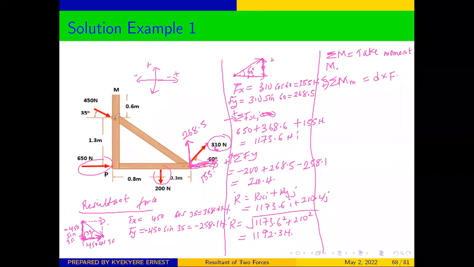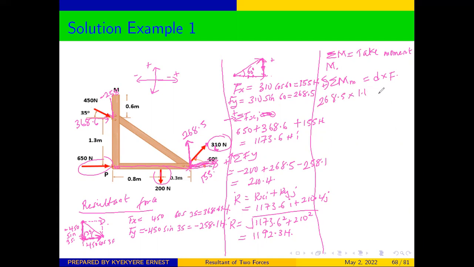So for this side, we have the y component coming down like this, and then we have the s component like this. The y component is negative 258, and the s component is 368.6. So we pick this force and we multiply by the perpendicular distance to where we are taking our moment. The perpendicular distance will be this distance from here, which will be 0.8 plus 0.3. Therefore, we are going to get 268.5 times